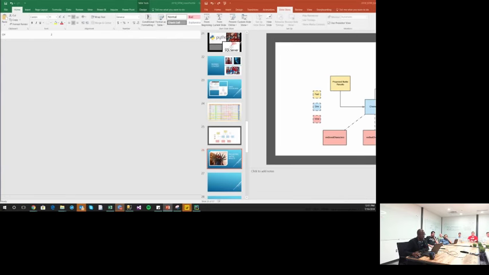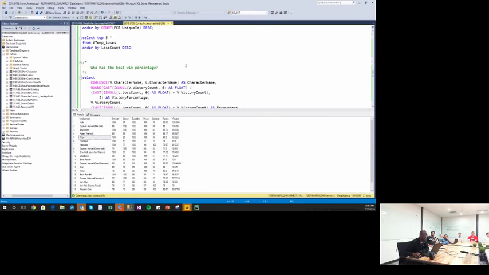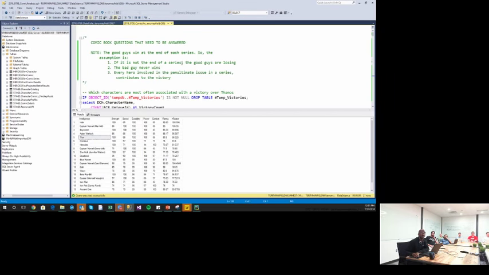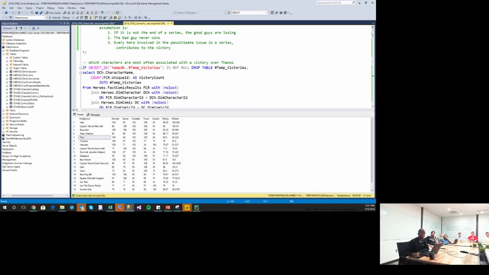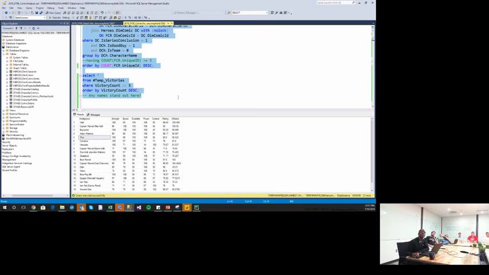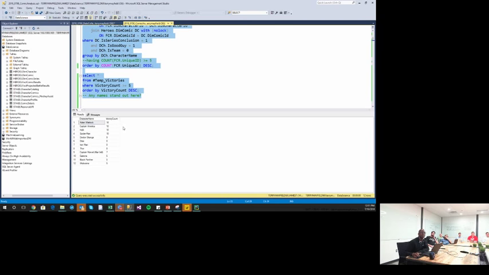So really quick, let's talk through some questions we have now. Because now we're moving to the insights part of the analysis process. So which characters are most often in the comic books associated with a victory over Thanos? And I hope you guys can see this, but you probably can't. Can you guys see that? Do any names stand out to anyone in this room? Any names kind of jump out at you? Adam Warlock. Yeah. He was involved in 18 different victories over Thanos. Any other names?